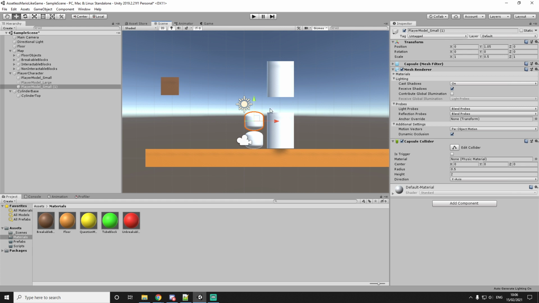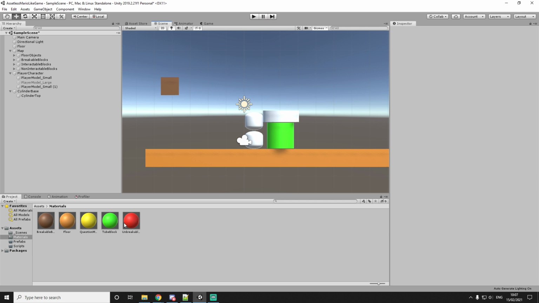I'm just going to put a second one for comparison. And that means the base has to be smaller to about here, and then the top can just ever so slightly expand, like this. There we go. And that's our entire